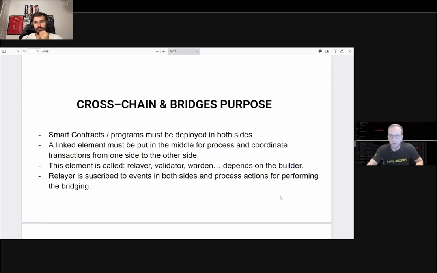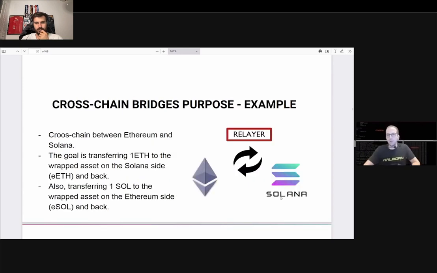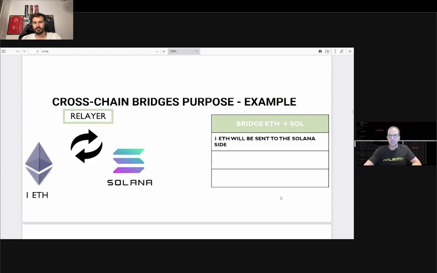So this is an example with Ethereum and Solana. For example, the goal here is transferring one ether to the wrapped asset on the Solana side, in this case SETH. Also, you can transfer one SOL, the native asset of Solana, to the Ethereum side, like eSOL, the wrapped asset. So this is the example: you send one ether to the Solana side, and then this is the